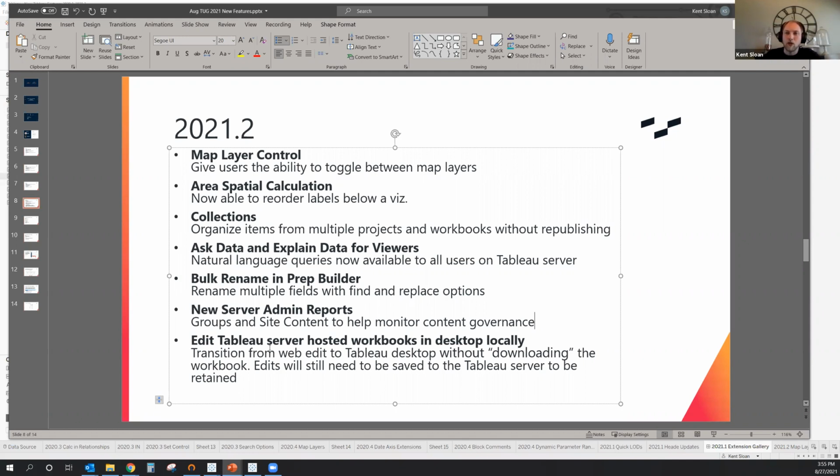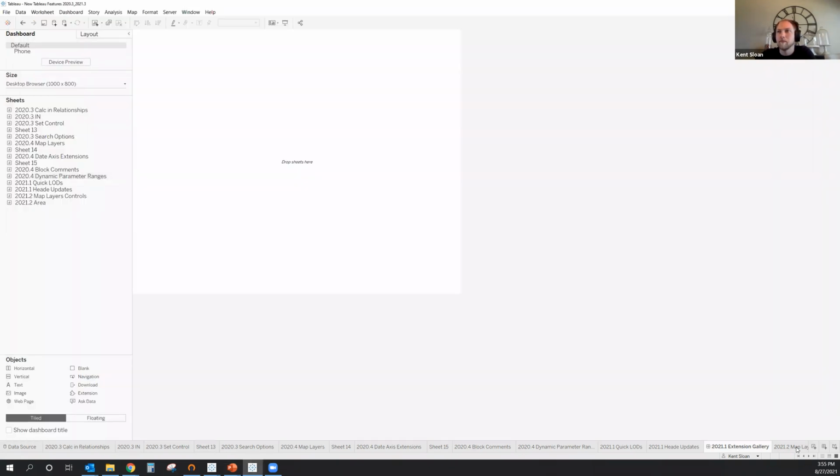And now after you make your changes, you would just hit the save button and it would then automatically republish it back over itself for you, rather than going through server, publish workbook, and then going through your publishing options. It's just making it so that the save option is then publishing it for you. It is not, say, for example, creating a portal into your Tableau server and you're actually editing it directly on the Tableau server through your Tableau desktop. It's not doing that. It's just a temporary copy that when you hit save will automatically publish it out for you.